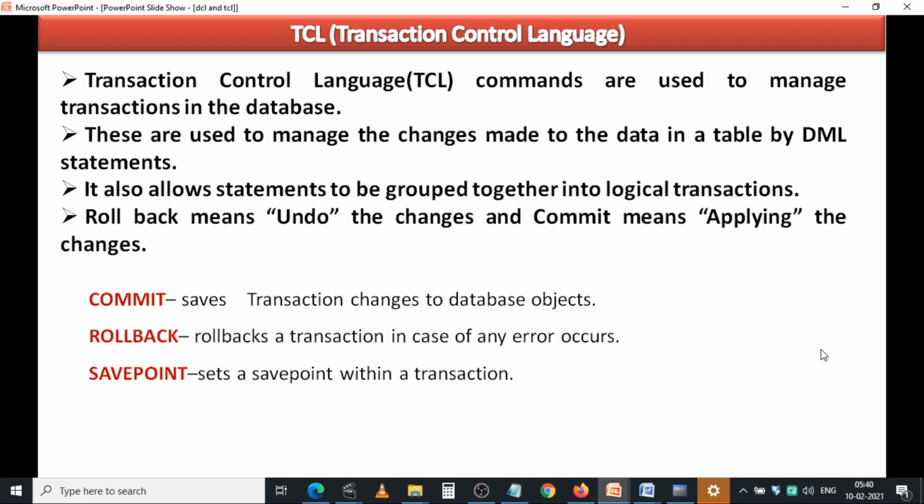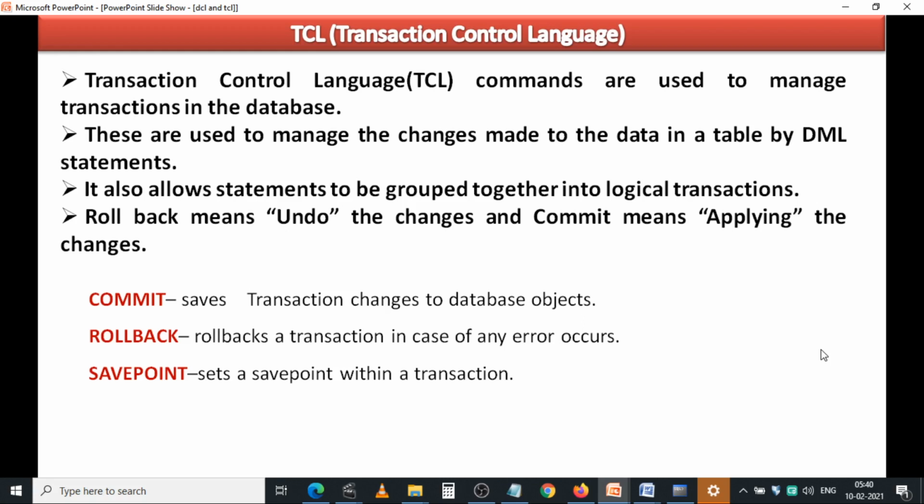Coming to the TCL, transaction control language commands. Actually, these commands are used to manage the operations in the transaction in the database. When you perform some changes by using DML operations like insert, update, delete, all those changes are reflected in the transaction buffer only, not to the database.